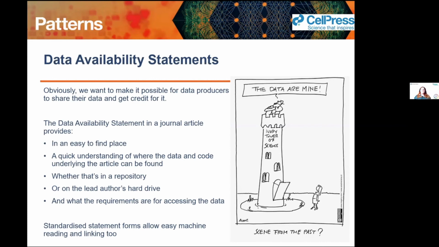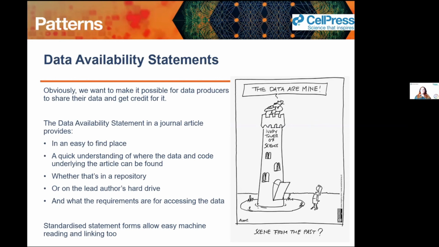And it gives a quick understanding of where the data and code can be found, whether it's in a repository or on the lead author's hard drive, although we're very much moving away and gently nudging for the lead author not to be storing data on their hard drive anymore, and what the requirements are for accessing data.